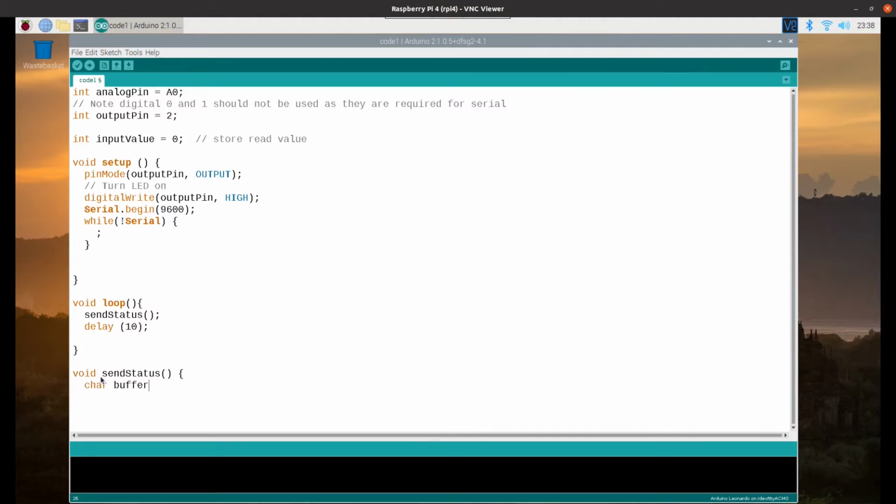So I'm just going to create a text buffer here. So it's a character string. So I should say 50. That gives it 50 characters to store. Going to get an input value from the analog port. As you can see, this is using the same variable I created up here, so I'd already created that to store it in. And use the analog read,